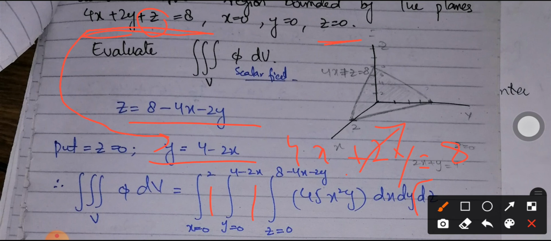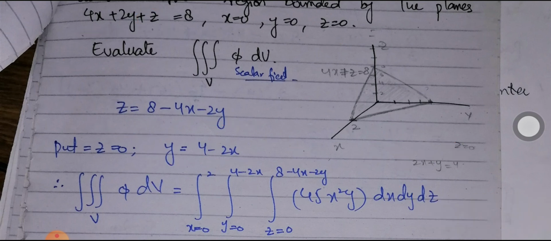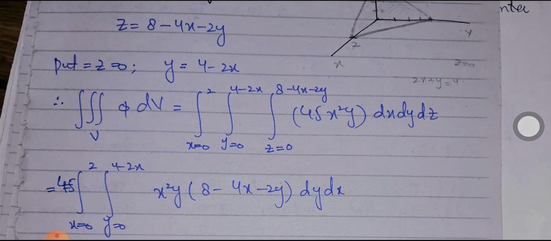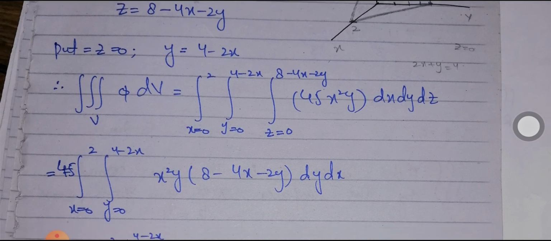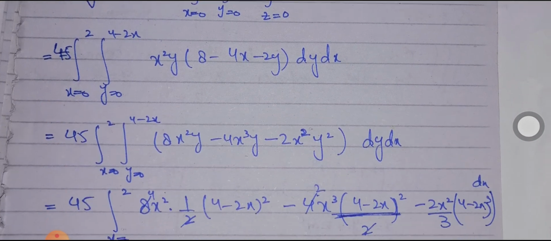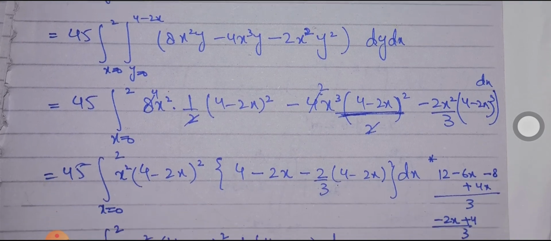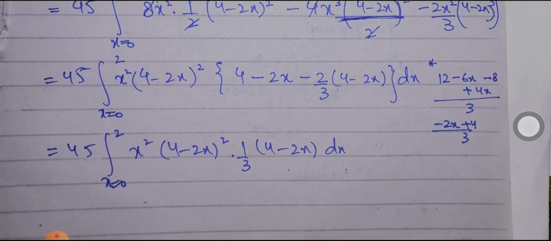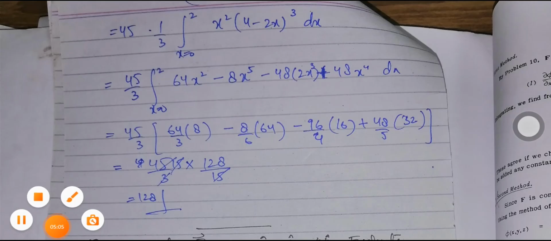And here is how we can define the limits in the case of the volume integral. Simply we have to integrate this integral by the same methods we discussed in calculus. So at first we have to integrate it with respect to z, then with respect to y, and at the last we will integrate it with respect to x. And here you can see the integration.